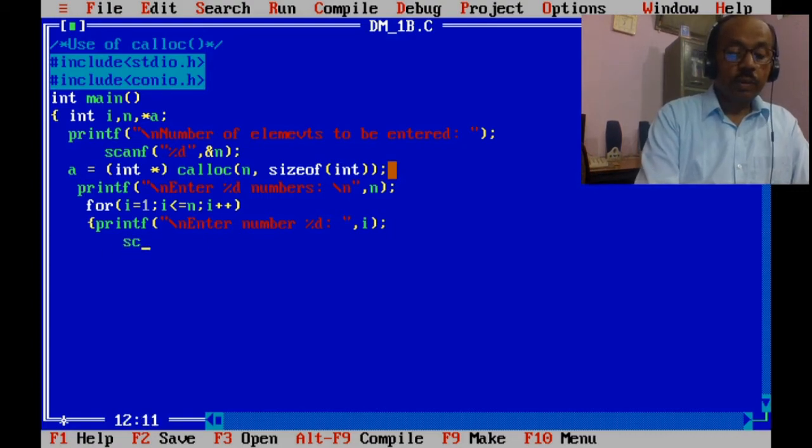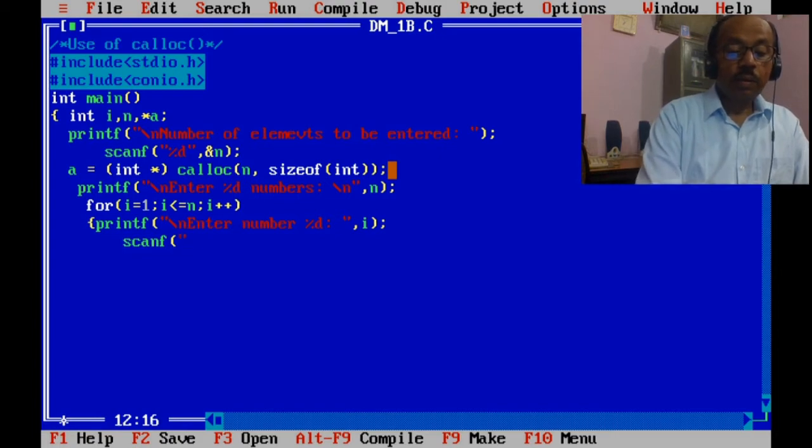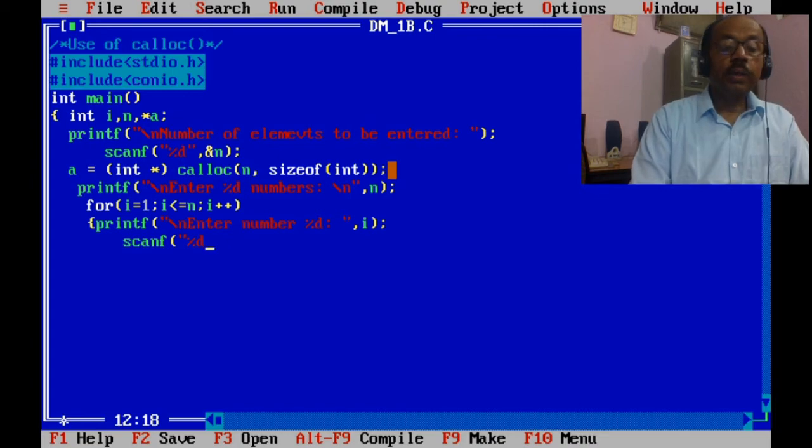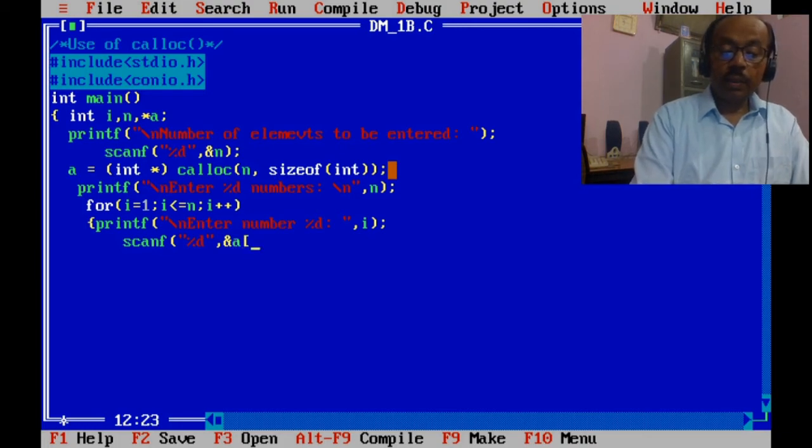Now scanf %d, comma, &a[i]. So this is the input loop.